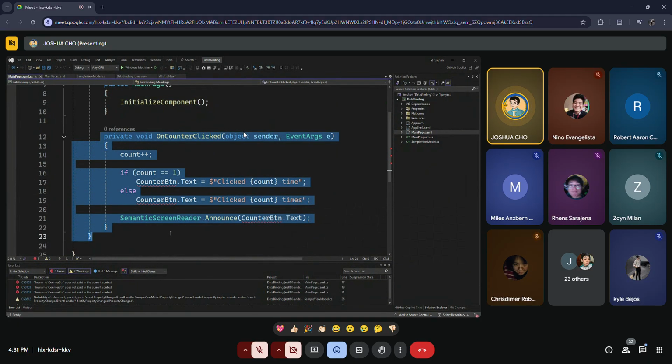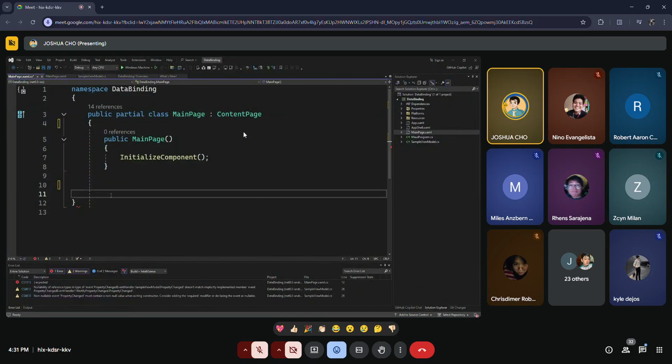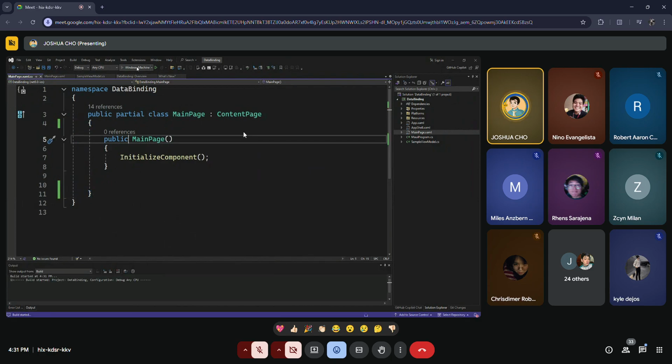Okay, let's play this one. Insert the code.